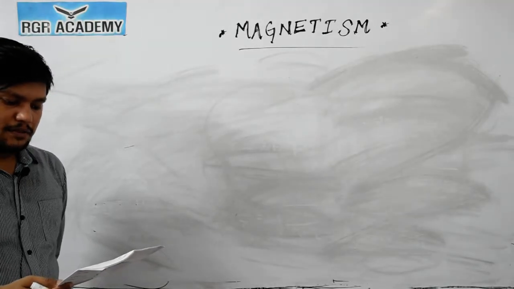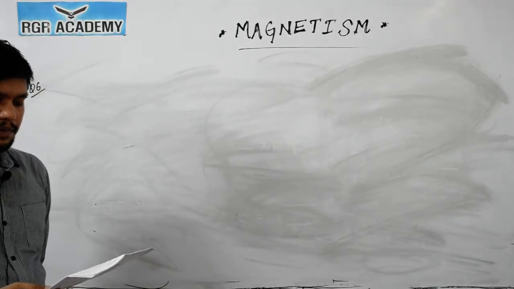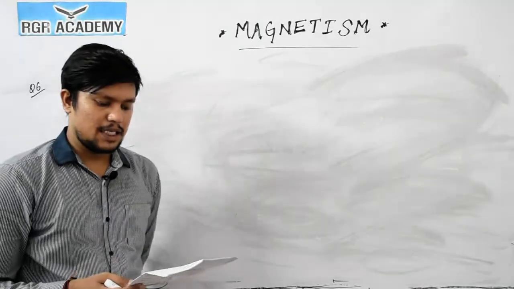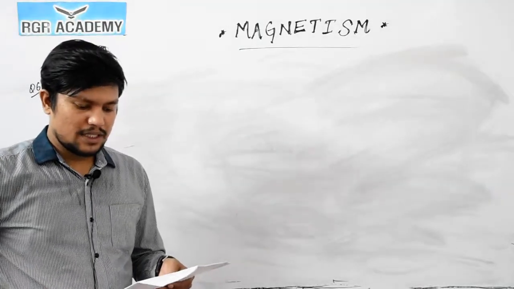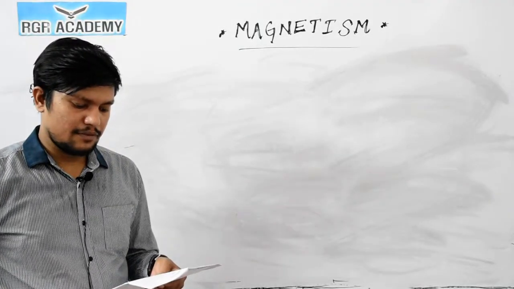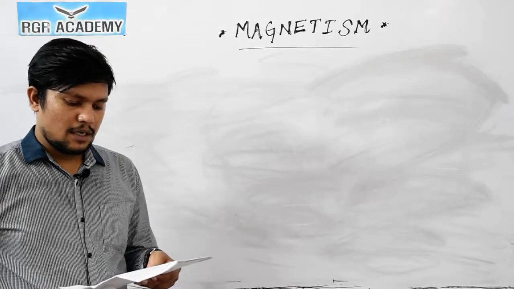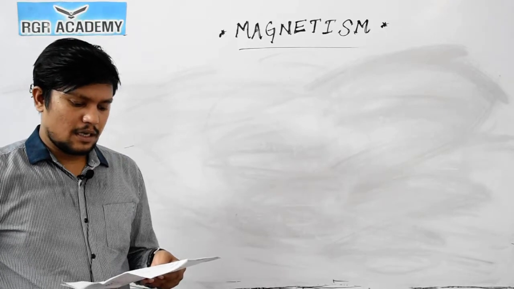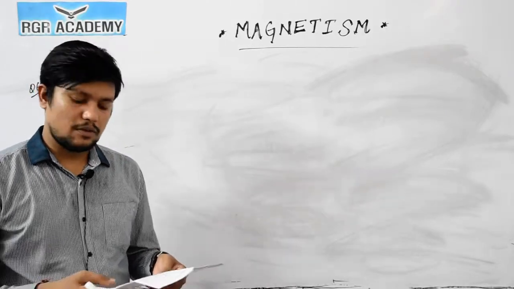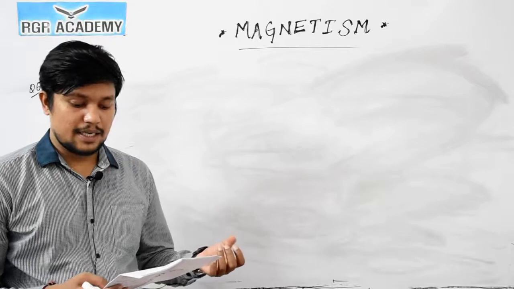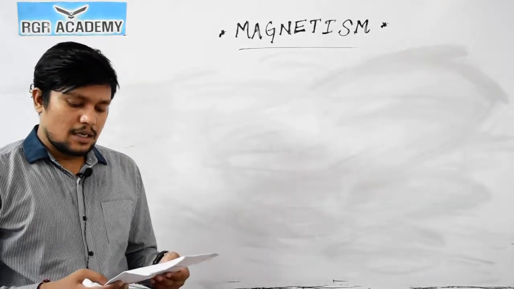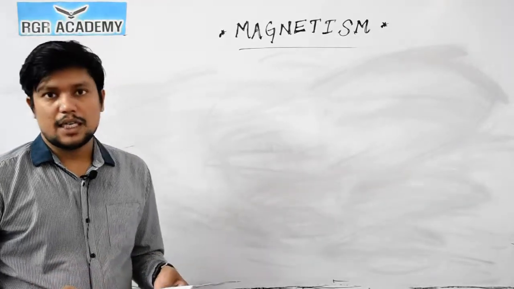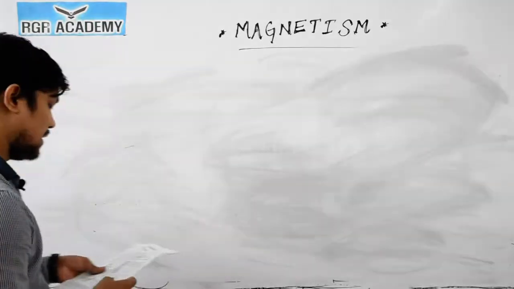Two short magnets with their axes horizontal and perpendicular to the magnetic meridian are placed with their centers 40 cm east and 50 cm west of the magnetic needle. If the needle remains undeflected, the ratio of their magnetic moment is, okay, so the magnetic needle is undeflected, which means we can say that the net magnetic field at that point is 0. So for that the condition we can write down